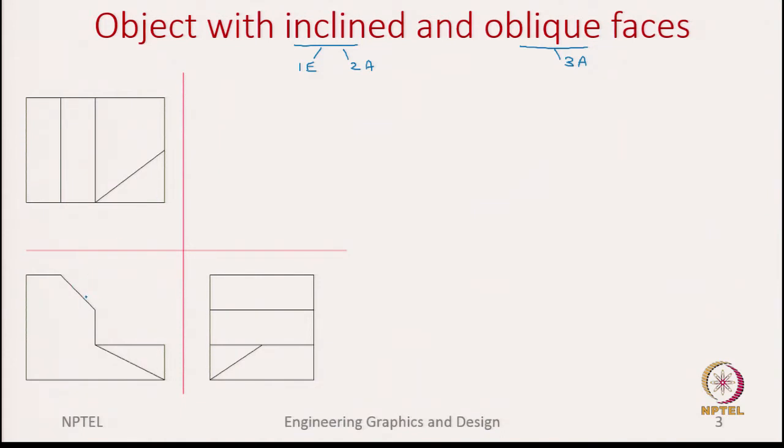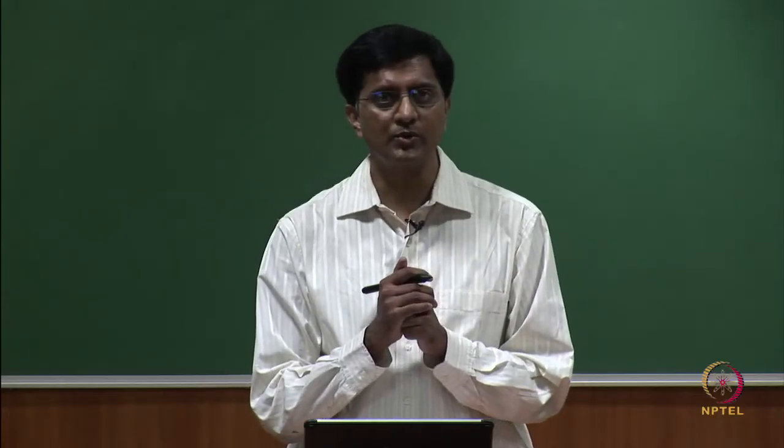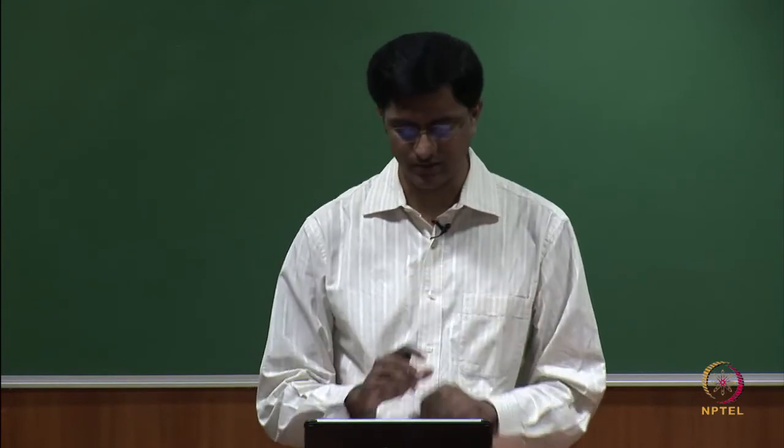But let us focus on this edge. So, this edge in the, let me first write it as top view, front view and right side view. This edge is an edge in the front view, whereas if you look at the top view it is an area, and if you look at the right side view it is an area. So, that should give us a clue that what we are looking at is an inclined surface. Okay. So, with these small clues we should be able to identify that this object has one inclined surface and one oblique surface.